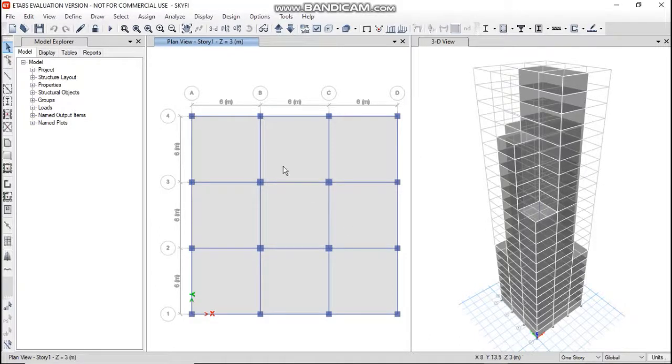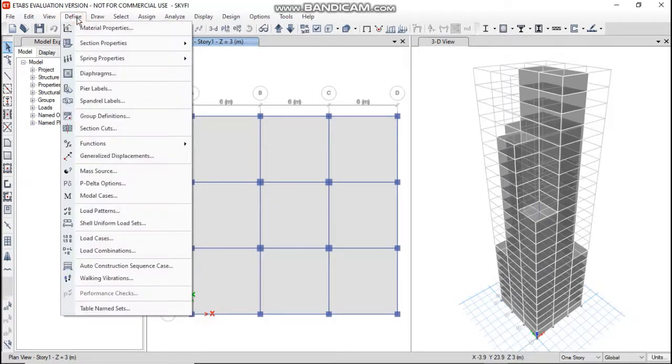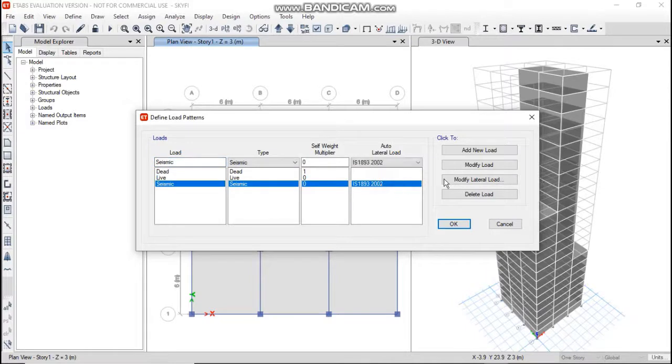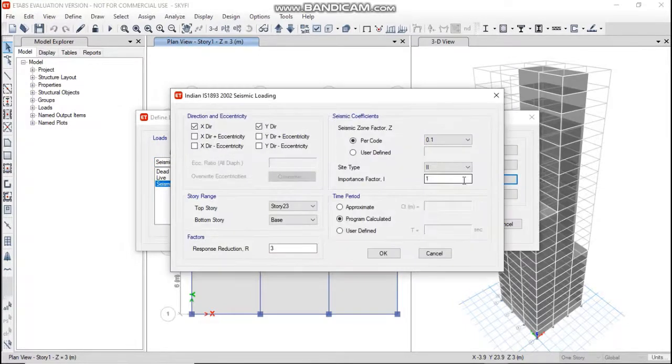Now for the application of seismic loads, just go to Define and click on Load Patterns. Here I have already assigned the seismic loads. To check the seismic loads, once again we will go to Modify Lateral Loads. We need to keep the direction both in the x direction and y direction.